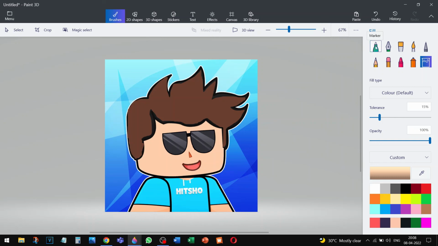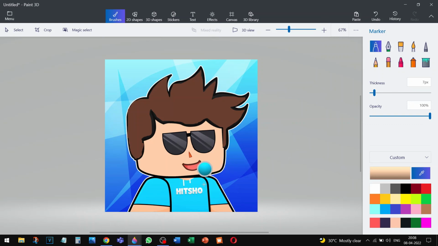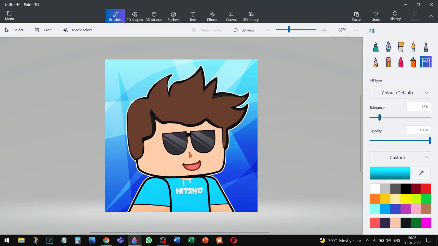Now, if you don't need the text, as I said, you can delete this. If you want to delete this in Paint 3D, I'll show you how to do it. Okay, first go to eyedropper and select this cyan color, and you don't need to do like this. It's a quick method. Select the text, delete it,